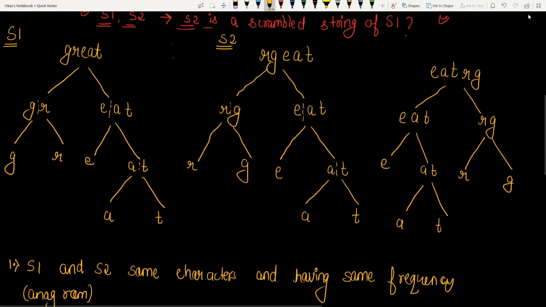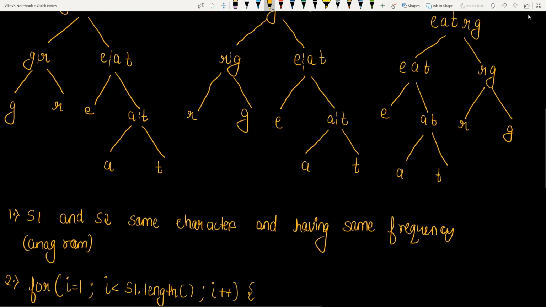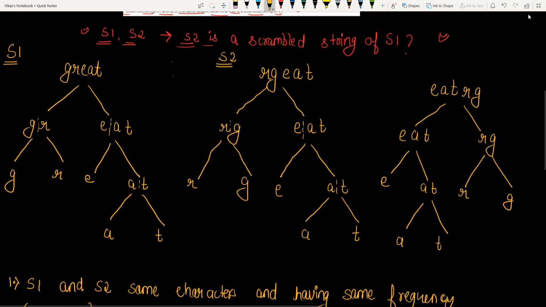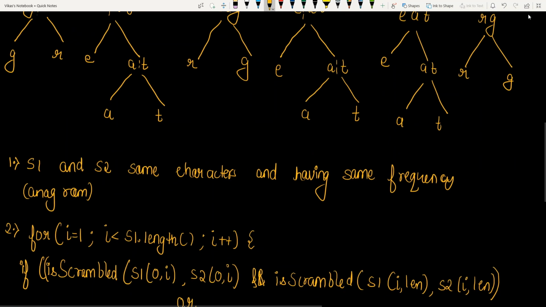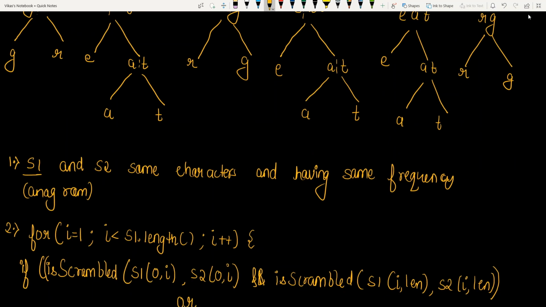Now there are only two conditions that we have to check. First, both the given strings must be anagrams. What is an anagram? An anagram is when both strings have the same characters and the frequency of the characters is also the same.